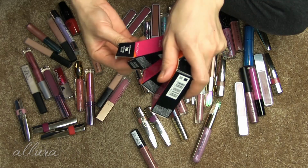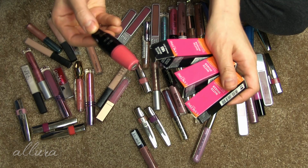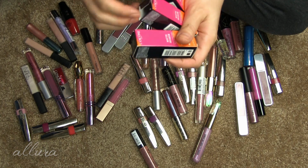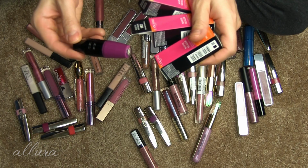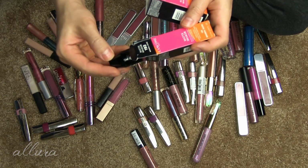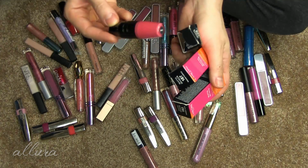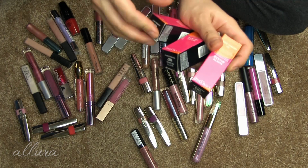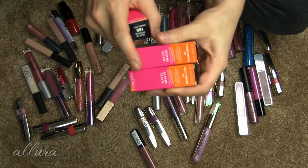So here's the shade 185 Orange Arty. Ooh, that's a really pretty peachy pink coral shade. This one is Round Purple, and the last one is Minimal Ochre. I think I'll keep the first shade around for future use, but otherwise I'm going to get rid of these